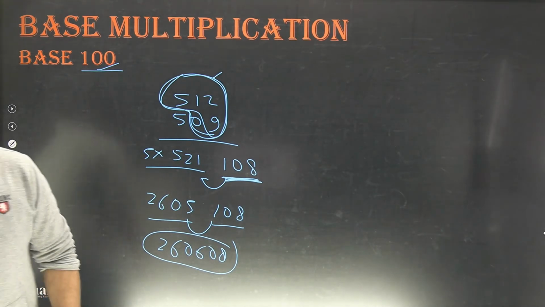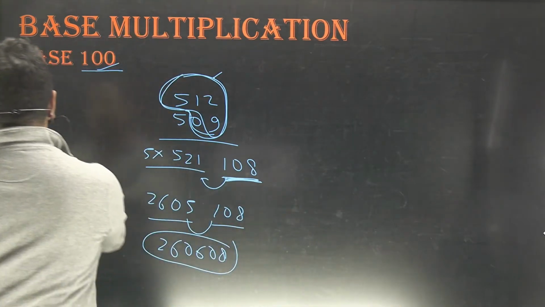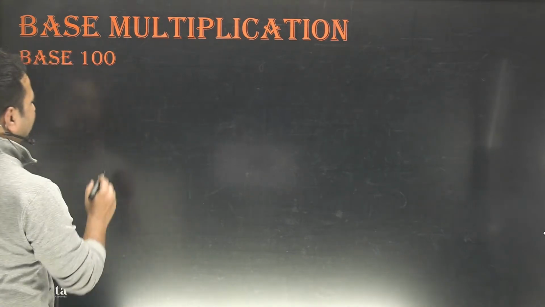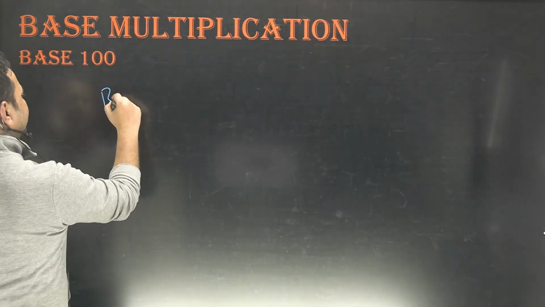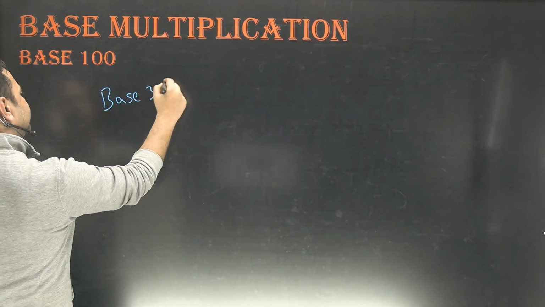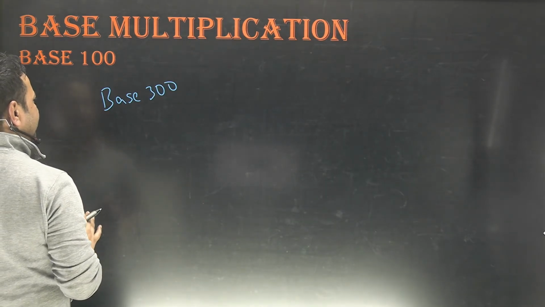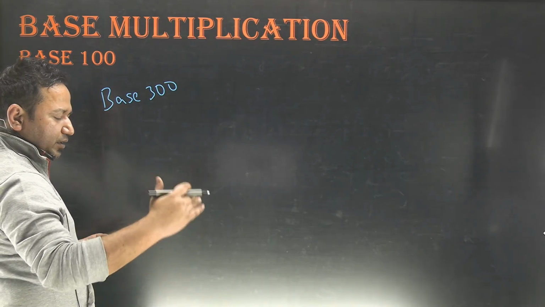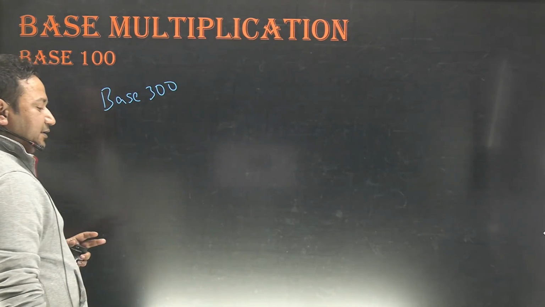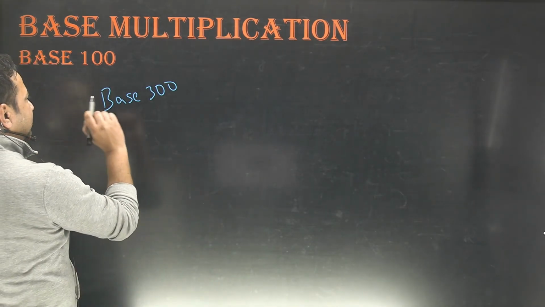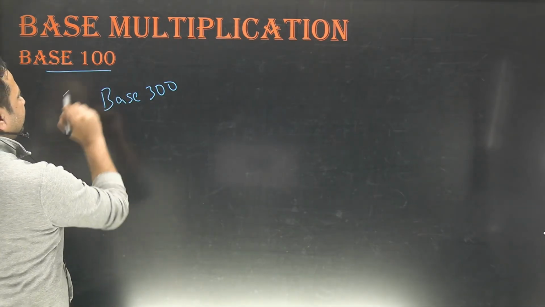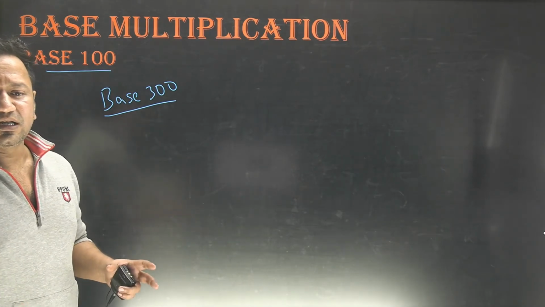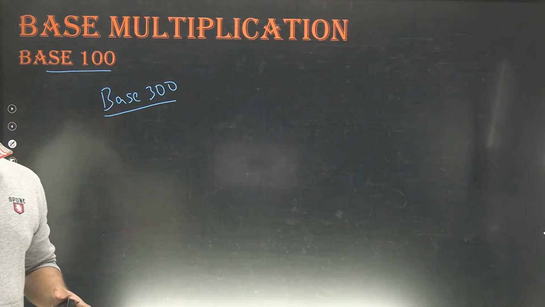Okay. So let us go a bit slow and let me take bases one by one. Let me take base 300. Do you remember in base 20, 30 what we did? We multiplied by 2 for base 20, 3 for base 30, 4 for base 40. Similarly, whatever we are doing for base 100, we'll do the same for base 300. The difference is just that we need to multiply this by 3.